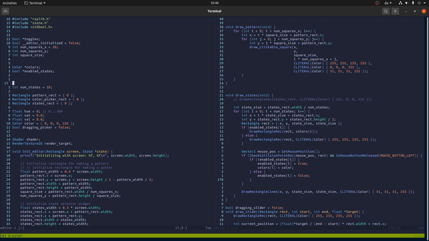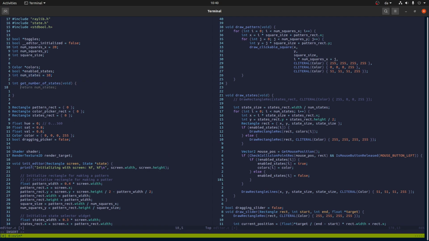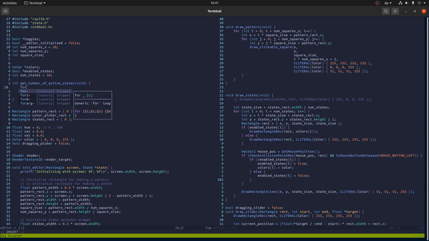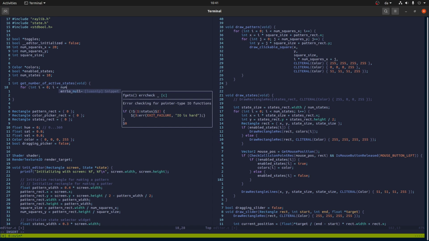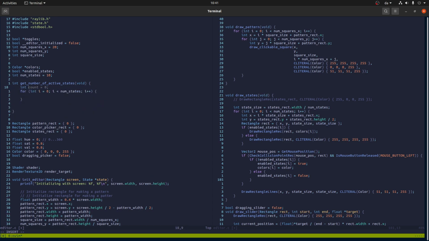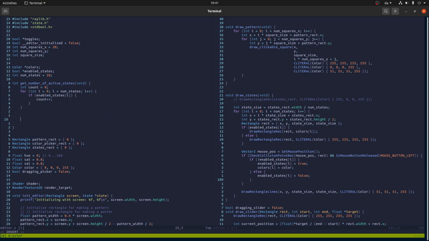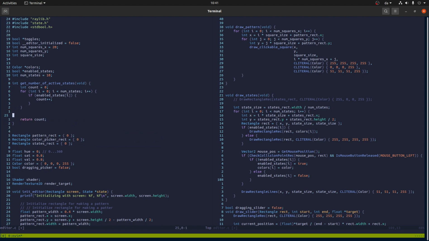We'll also need something like int number, get number of states, which will, it's called active states maybe. So do this,